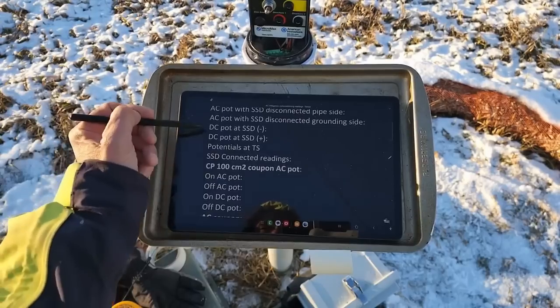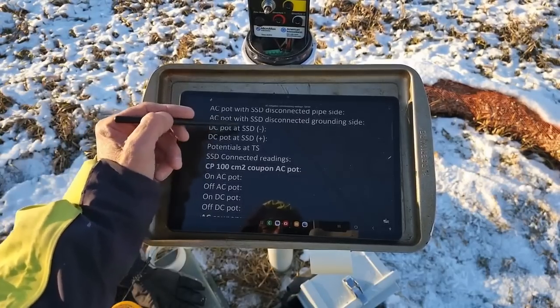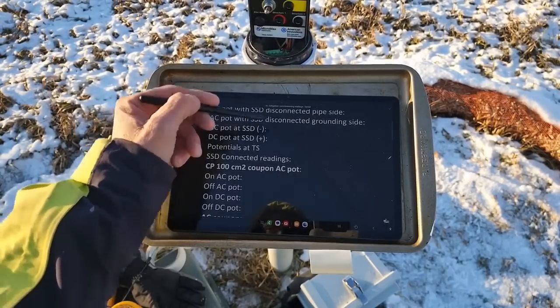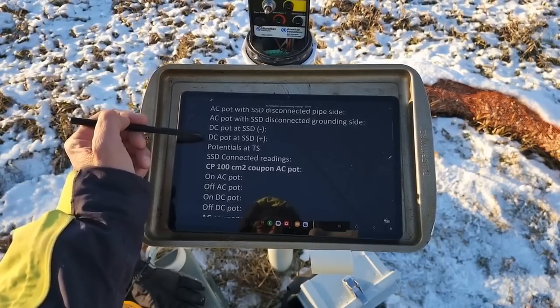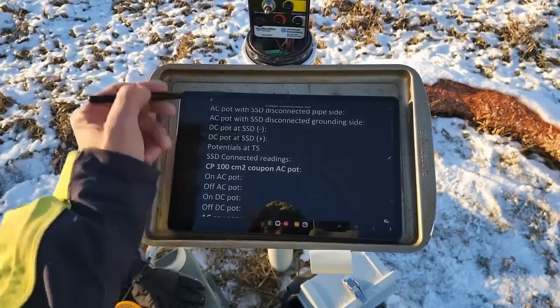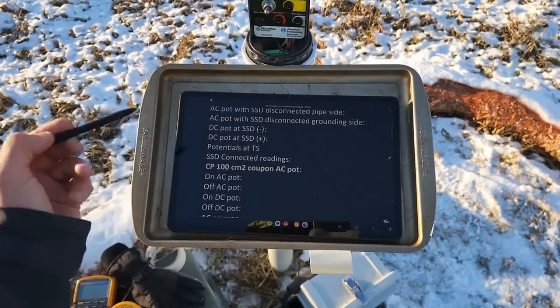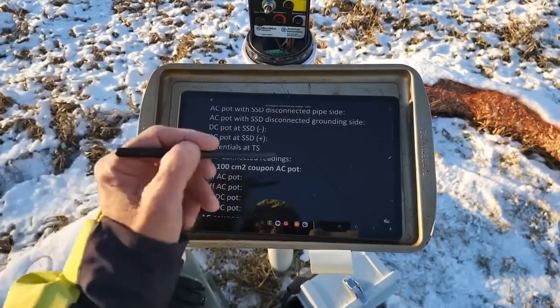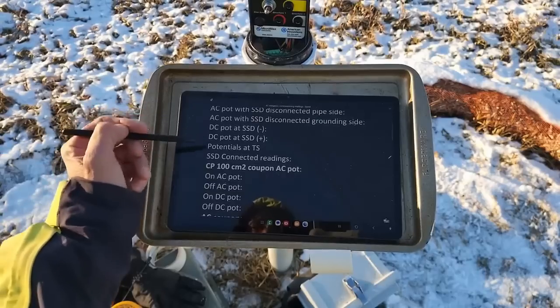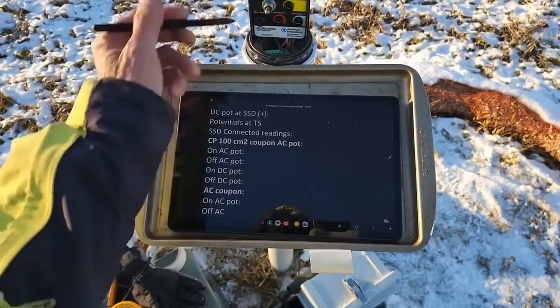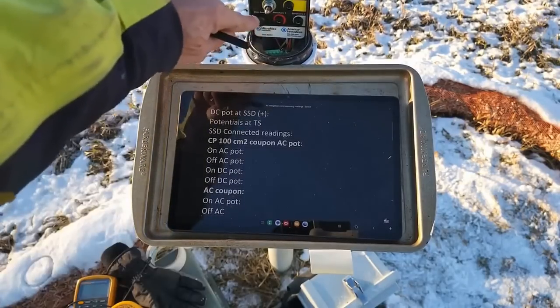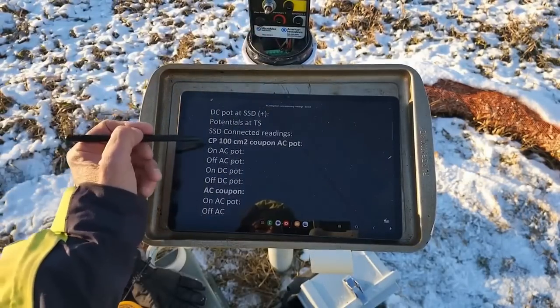We're going to measure the 600 voltage on the SSD but on the negative side. Then we will measure the 600 voltage, the potential, on the SSD but on the positive side, while it's disconnected. Next, we're going to measure the potentials on this coupon, here, on the 100 square